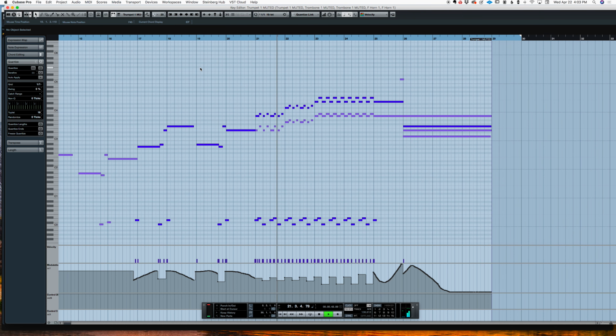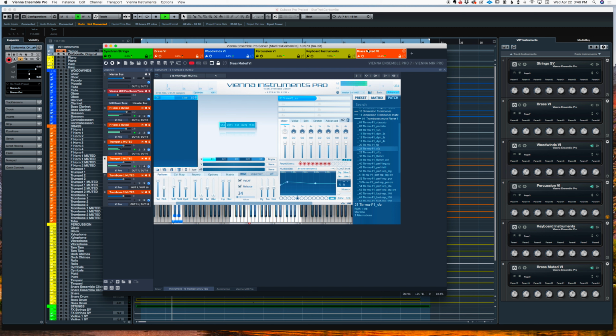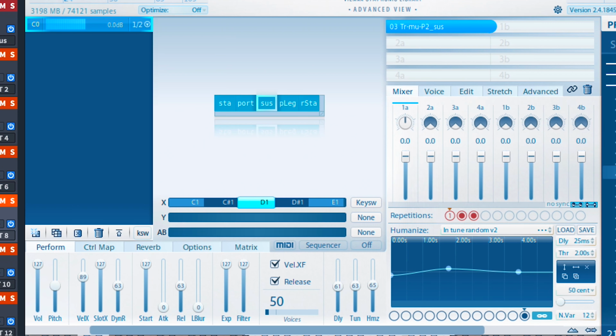Quick mention of articulation detail. There's key switching galore going on here. When I first started out doing MIDI orchestra stuff, for the first few years, I was super lazy with the articulations and key switching. I thought, just set it as a sus or a stack and move on. Who needs all these other articulations, right?